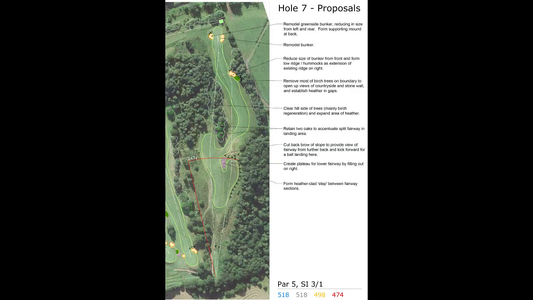The 7th hole is a very confusing hole for visiting golfers. It's very difficult for them to understand what to do from the tee, and the sloping nature of the fairway makes it a very challenging hole for the shorter hitter. We're proposing that a plateau is created to the right hand side, which will allow someone to take an alternative route to the hole without simply running down into the rough in this area,